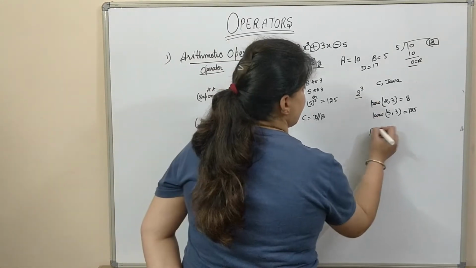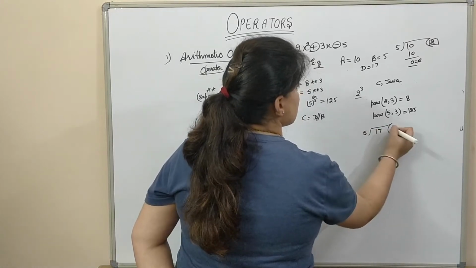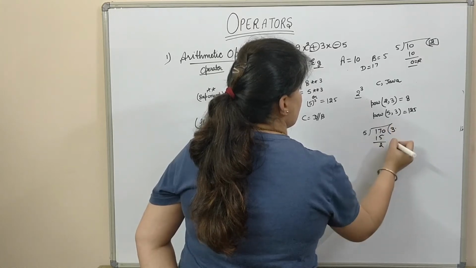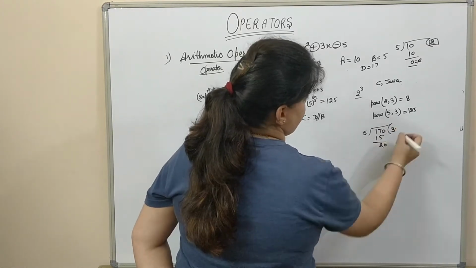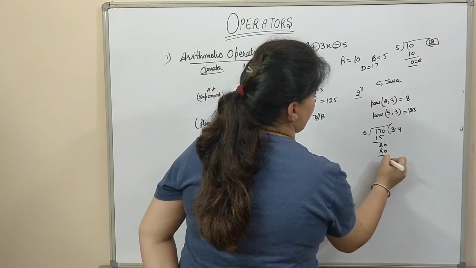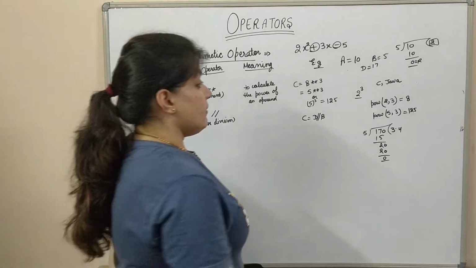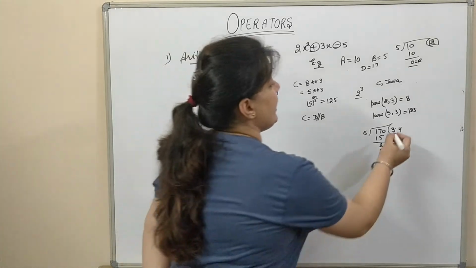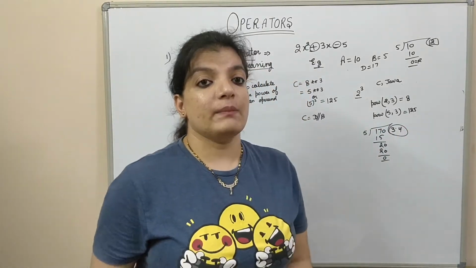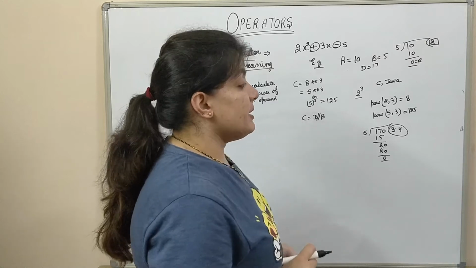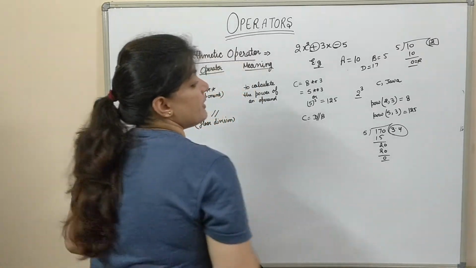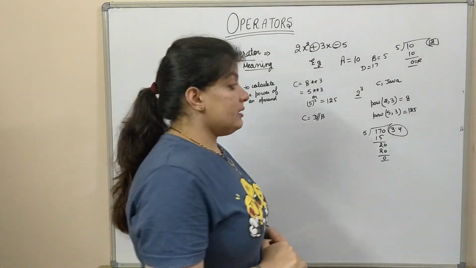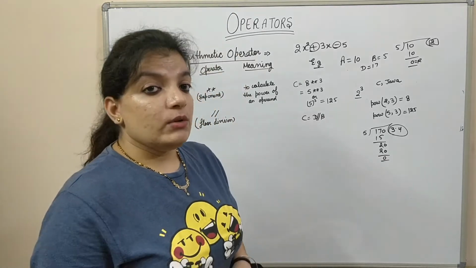Like if we divide 17 by 5, 5 3s are 15, 5 4s are 20, and remainder is 0. But what is the purpose of this double slash or floor division operator? It will round off this number. Round off means if the number after decimal is greater than or equal to 5, it will increase the value by 1. Otherwise, it will drop that value if it is less than 5.